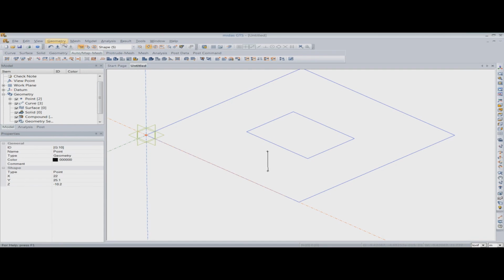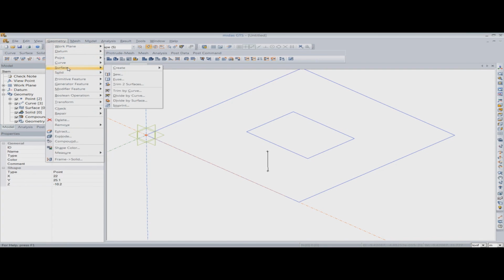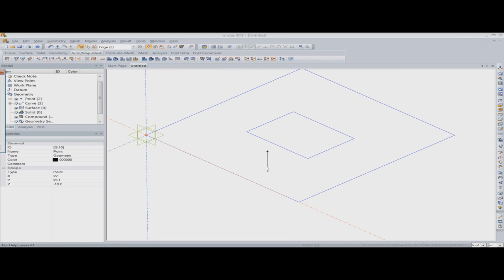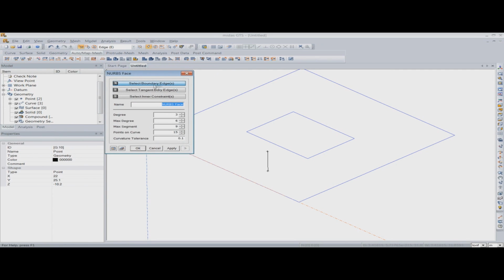Now let me go to the program and let me show you how you can define the surface. So when you go to the create surface option available inside the geometry option, you can select the Coons face, the NURBS face. So when you select the NURBS face, you have to select the boundary edges, then you will select the tangent boundary edges. It's optional, and if you want to define the points on the curves or the degrees, then you can define them inside.